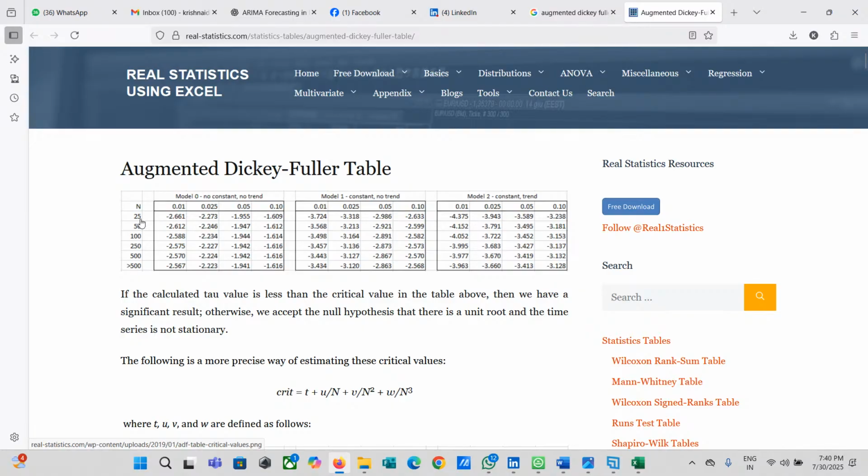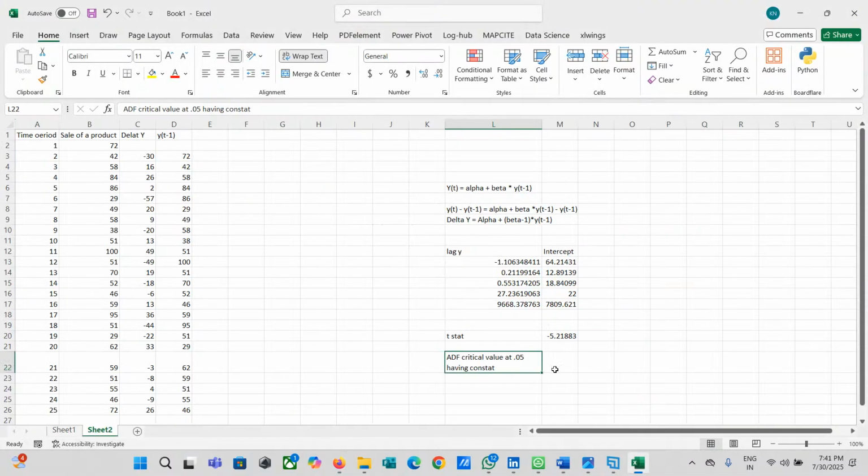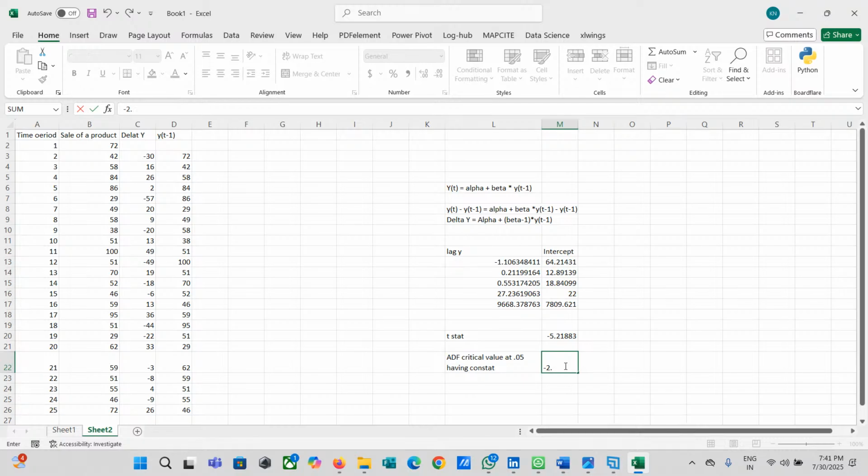If the sample size is between 25 and 50, we take 50. We have three tables: no constant no trend, constant no trend, and constant with trend. We are saying we don't have any trend, but we have a constant. So at 25 and 0.05, the critical value is minus 2.986.